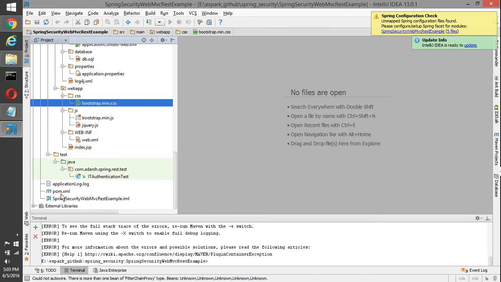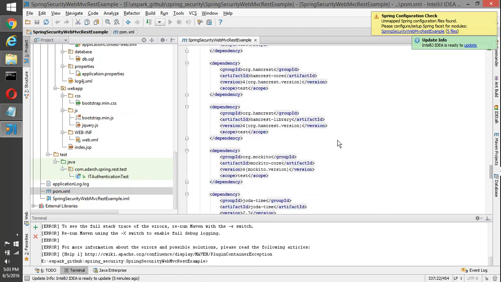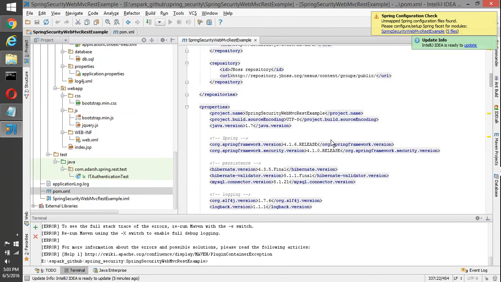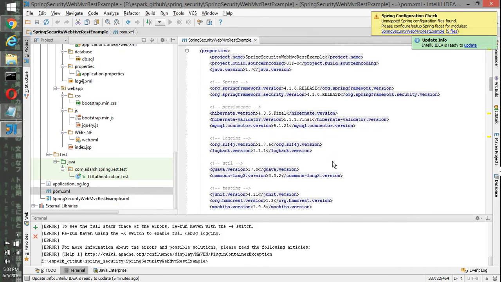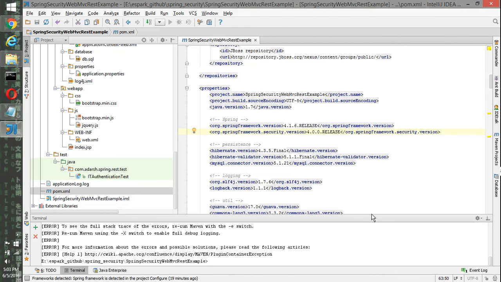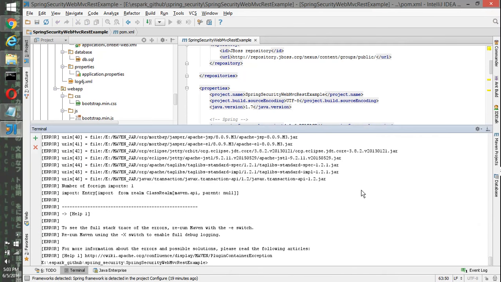Okay, what I have done recently is I have changed the version of Spring Security here, which was earlier 4.0.0. Let's see. Then clean install.